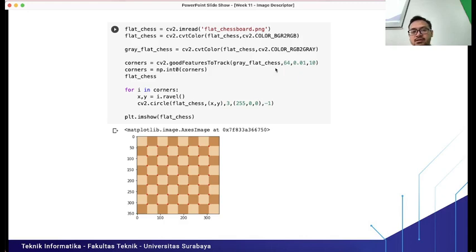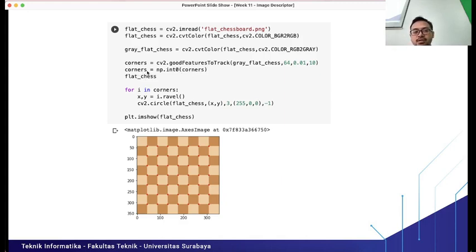You can explore more about the parameters in the OpenCV documentation. This is related to the formula in the Shi-Tomasi corner detector. Then corners equals np.int0 of corners, which means we convert the corners into integers that represent the corner positions.